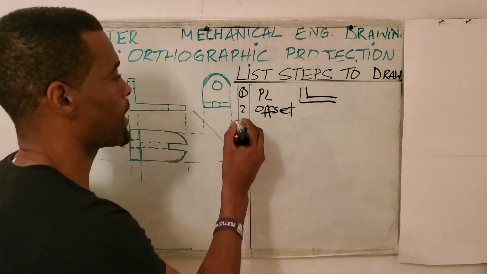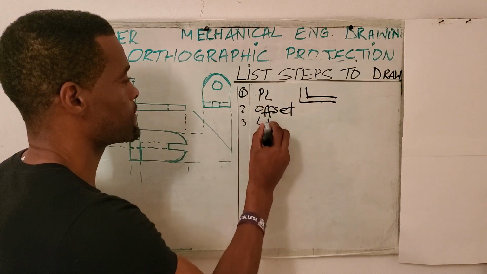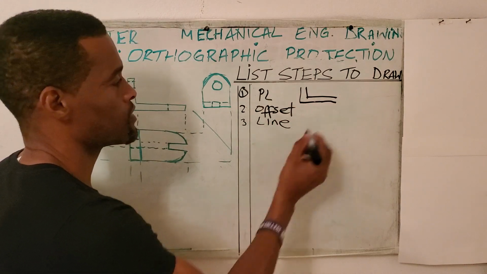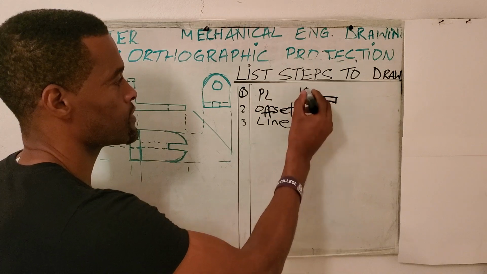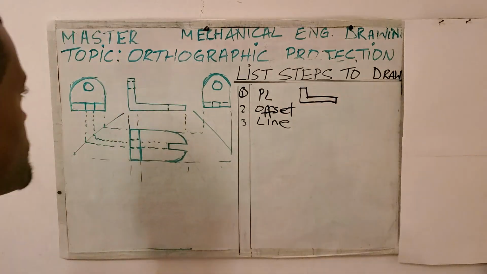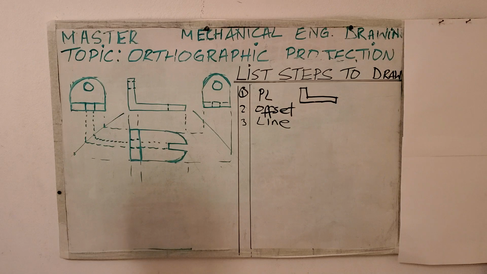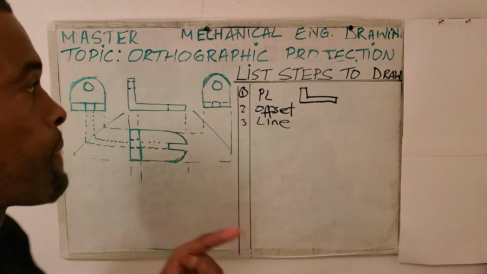Third step would be to draw a line, to draw here and here. That is done. The fourth step